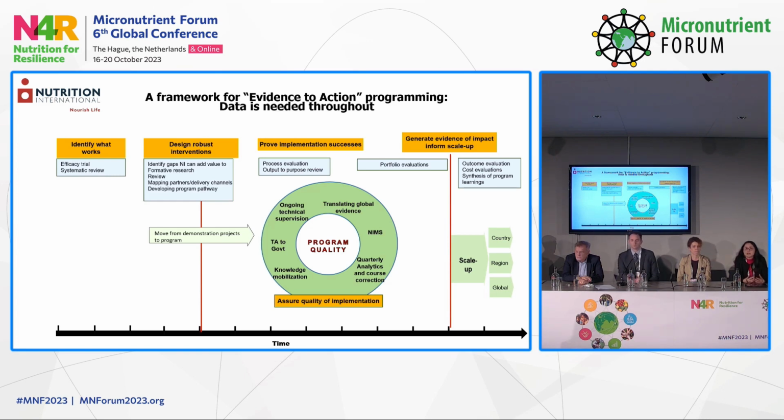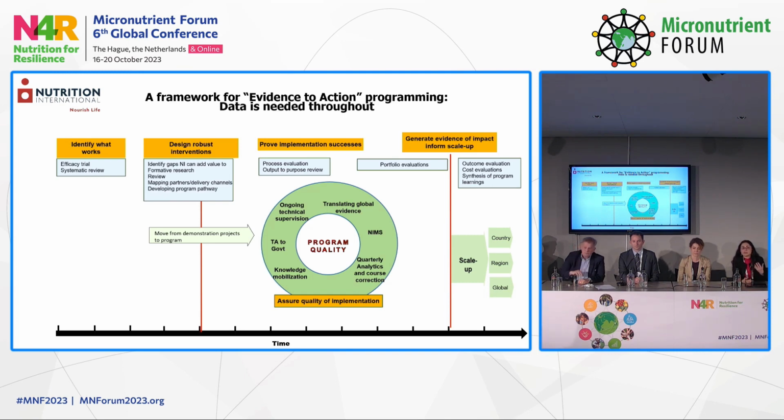Eventually, as we move forward in public health nutrition, we don't focus on a single intervention. As you know, we have a mix of interventions in different contexts, and we always work on what we call an optimal mix of interventions, where you look at the needs, the diet and practice deficiencies, and you work on interventions that would give the best nutrition outcomes. Because we do that, in addition to making sure that every single intervention is implemented well, we also have to look across the board at portfolios of interventions and portfolios of programs, and again look at data and at how those portfolios are performing.